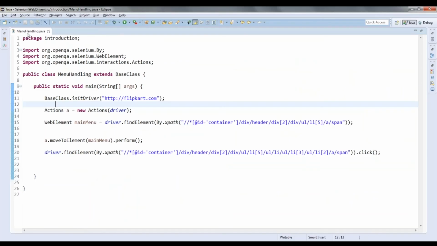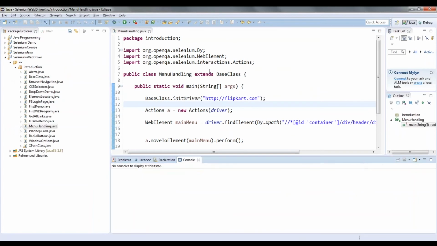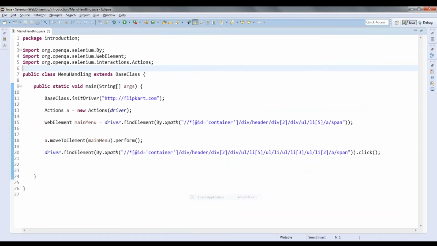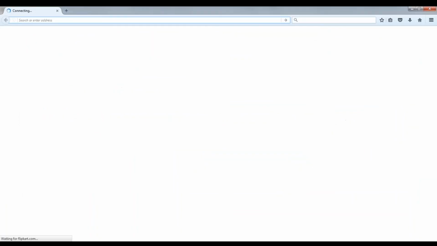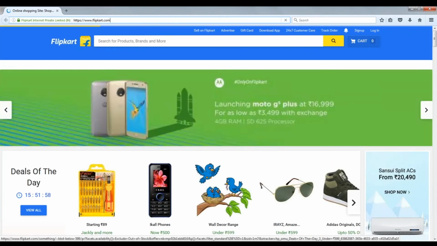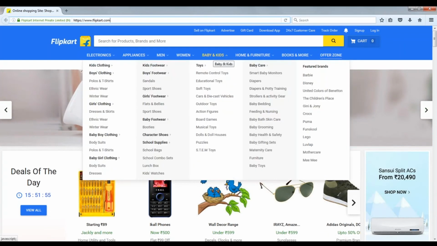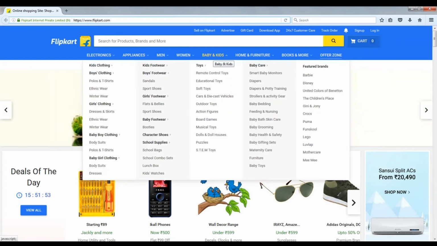So let me run this again. It's loading that, and then once the page loads, it mouse hovers on that and then it clicks on remote control toys.